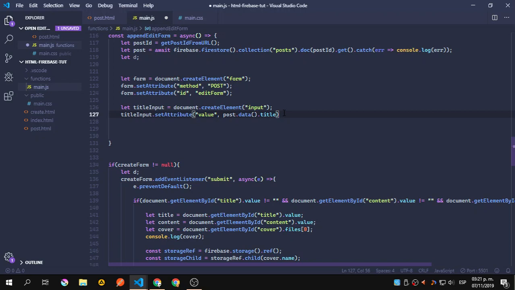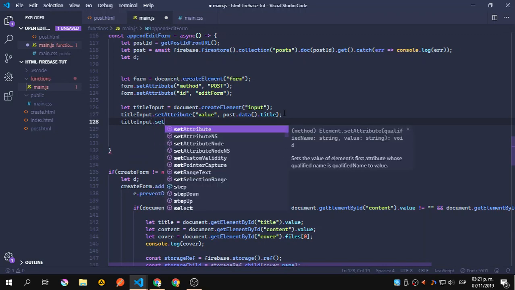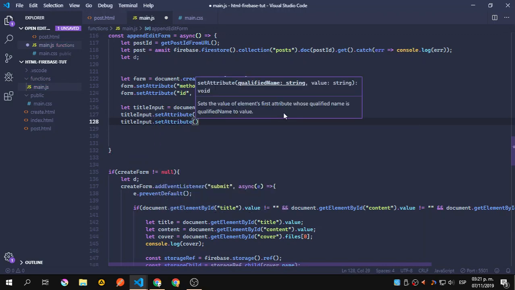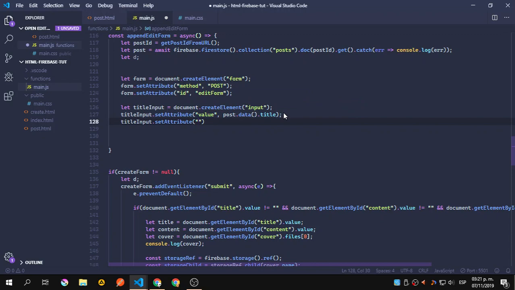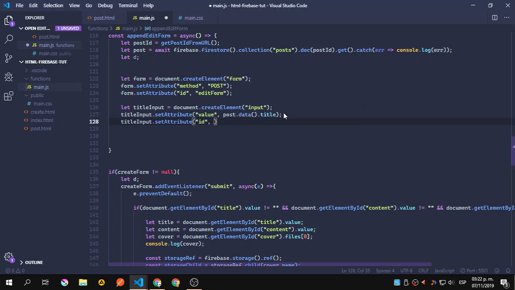But we might do that later. Now the title input, that set attribute. This is going to be kind of a long one, because we need to create an element and set everything. So this one is going to have the ID of edit title,